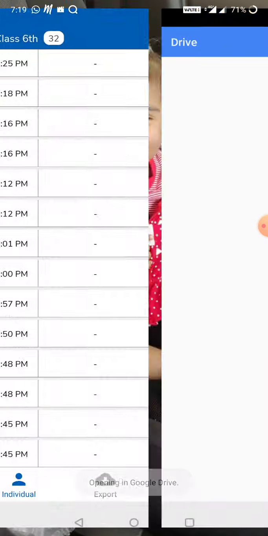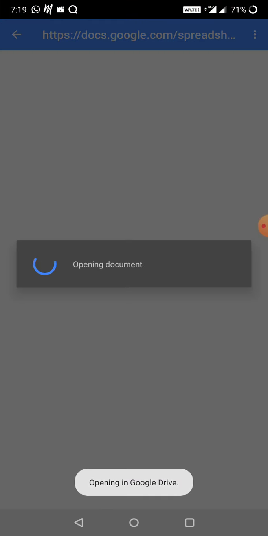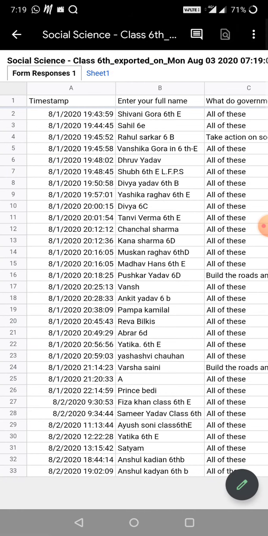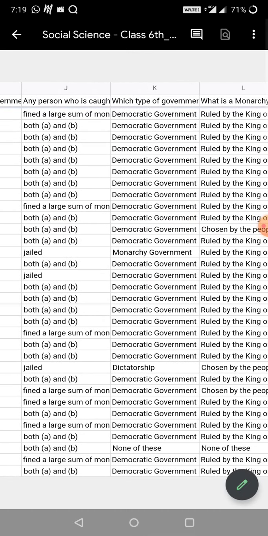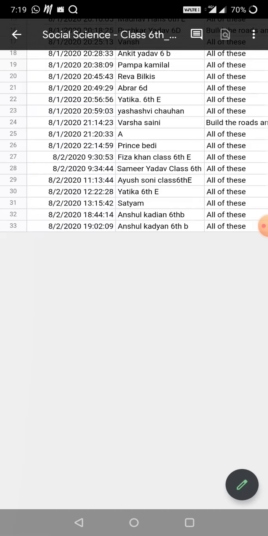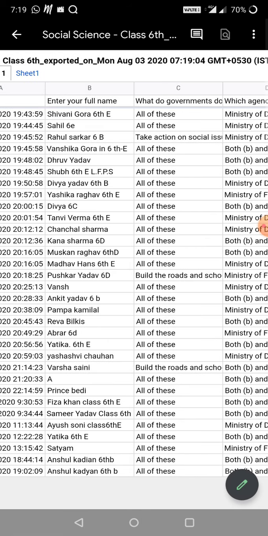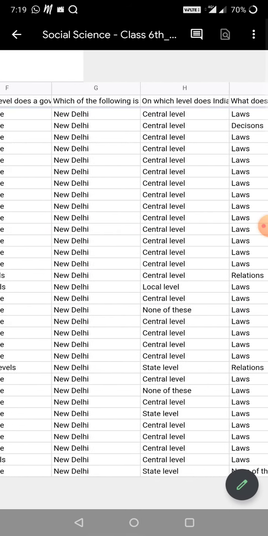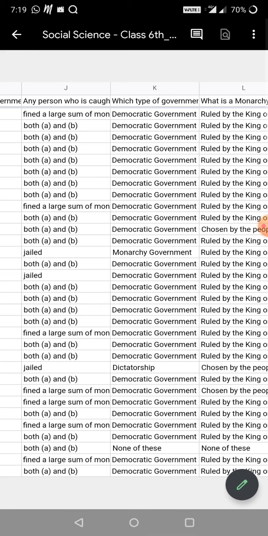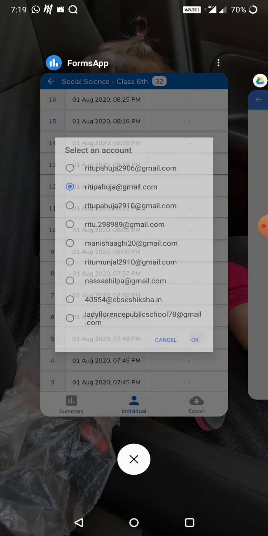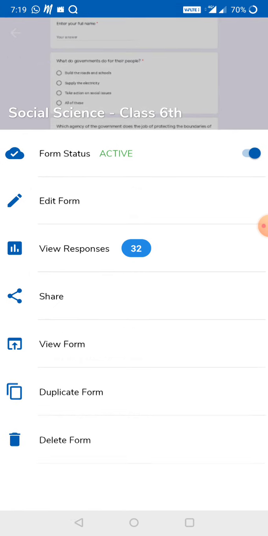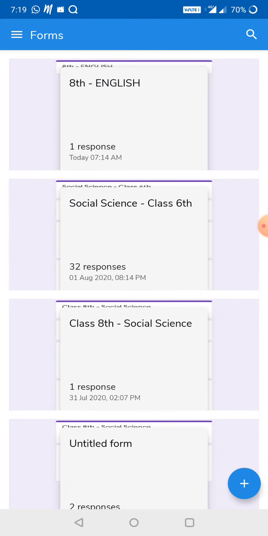It again needs an email ID. Yeah, this is the data. From here this can be shared with anyone. These are all the questions which we asked, this many questions. Okay, so in this way the student responded. So you need to check like this. This is the procedure for how you take the paper.